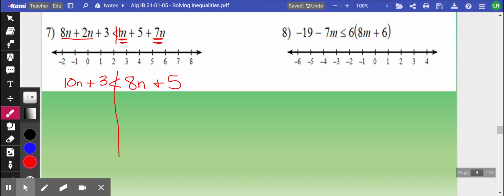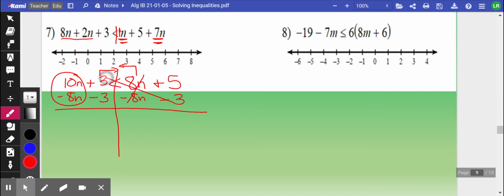Now let's get them on the same side. So I'm going to move my 8n to the left. It's a positive 8n. So remember, that means you go minus 8n on both sides. And that's 0. And these will get added up in a second. Since all the n's are on the left, I have to move the 3 to the right. It's positive 3, so I'm going to go minus 3. That's 0. And these will get added up. That's going to leave me with 2n